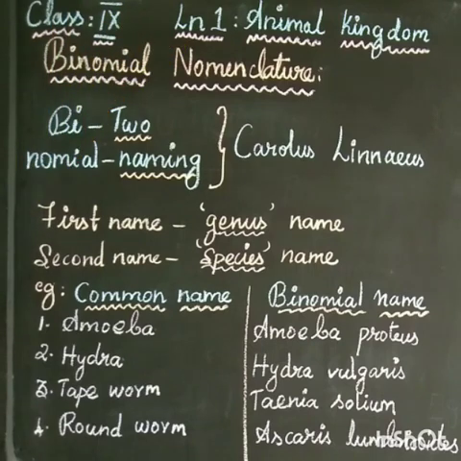I will give you a small recap about the last week's session. First, we had seen the 11 phyla and how they are classified, based on levels of organization, body symmetry, germ layer and coelom. Up to this, the classification is over.